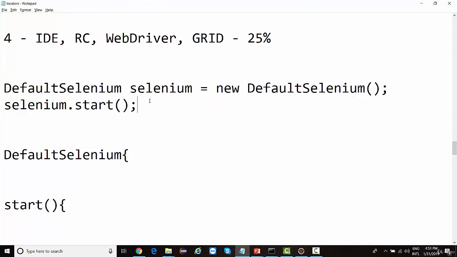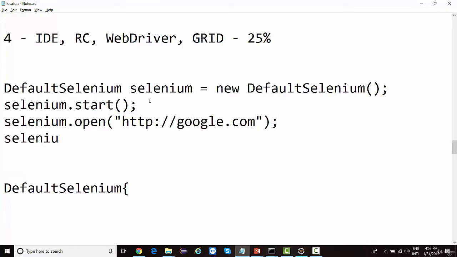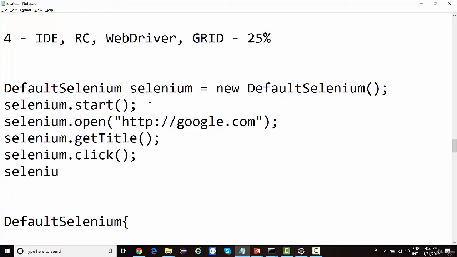After launching a browser, to navigate to a website you call the method selenium.open and provide the argument, something like http google.com, and it will navigate to google.com. Then you want to get the title, selenium.getTitle. You want to perform click, selenium.click. You want to perform type, the method is selenium.type. So one by one, we keep on calling these methods and we automate our website.